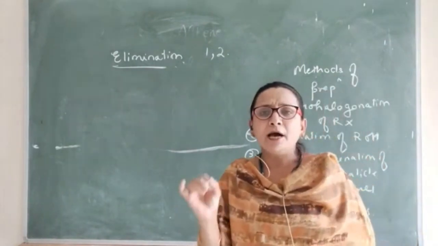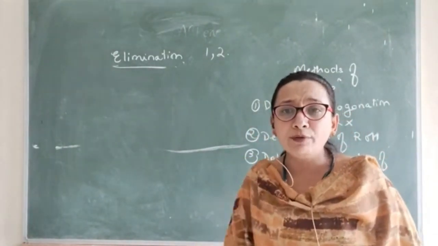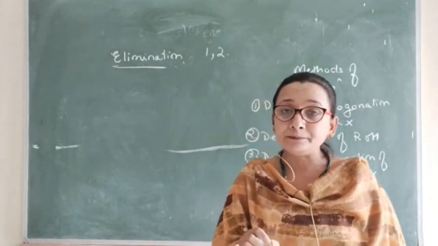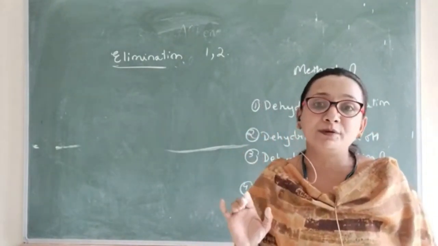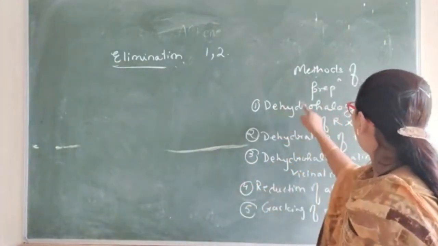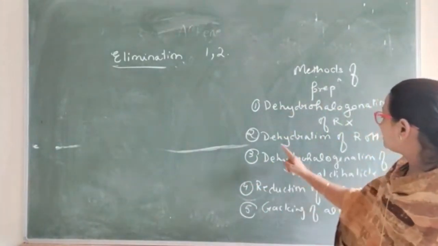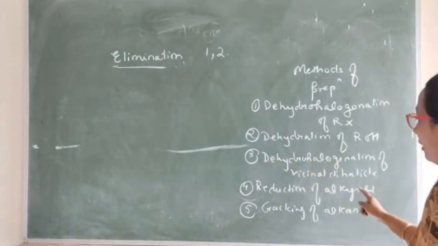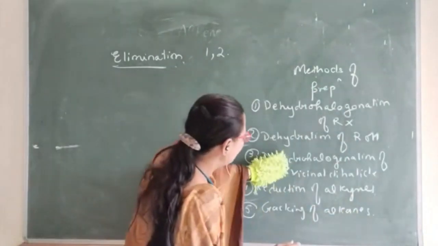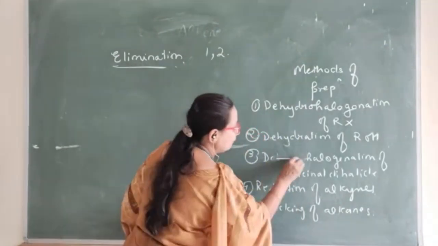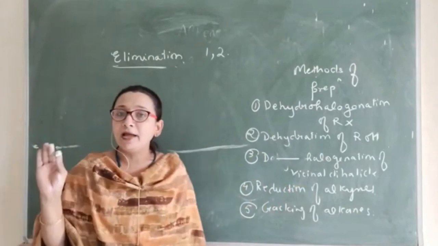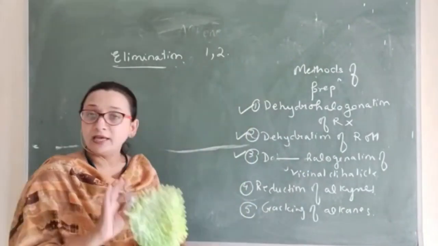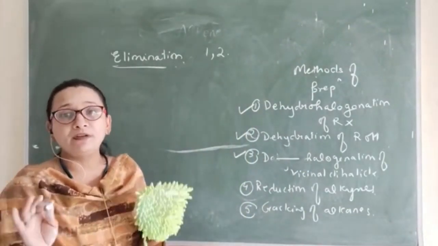Now understand, जब अल्कीन मेरे को बनाना है तो most common thing that I should understand in alkene is that मैं अल्कीन एलिमिनेशन रिएक्शन से बना सकती हूँ। फिर चाहे I call it as dehydrohalogenation of alkyl halide, or I call it as dehydration of alcohol, or I call it as dehalogenation of vicinal dihalide. तो सब में I am going to do nothing but elimination reaction in this 1, 2 and 3. ये दोनों last two they are different. We'll talk about them later. But most common reaction is the elimination.